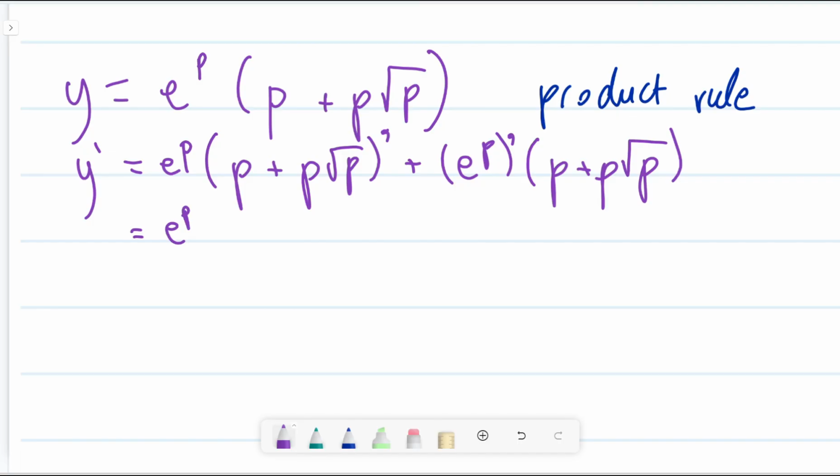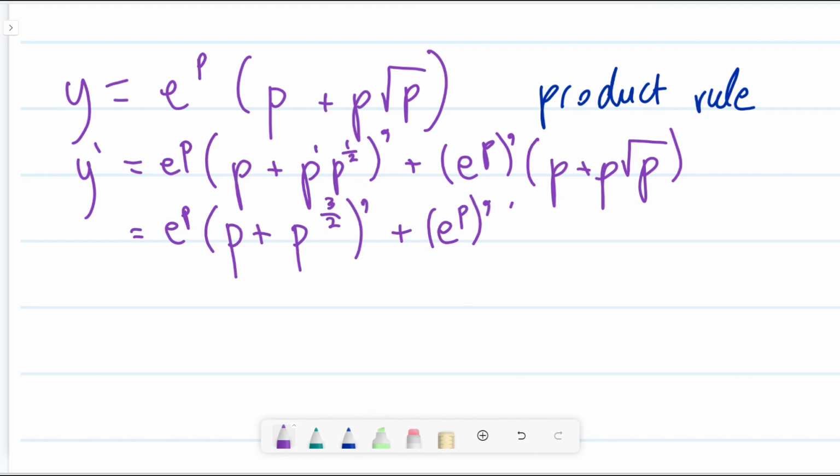So what is the derivative of p plus p square root of p? First of all, I will rewrite this as p plus, this is p to the power of 1, and instead of square root of p, I can write this as p to the power of half. And what do I do with p to the power of half and p to the power of 1 multiplied? They have the same base. So I can add up the exponents, and this becomes p to the power of 3 halves. I need to take the derivative of this,